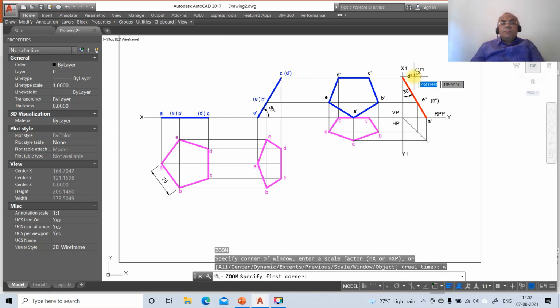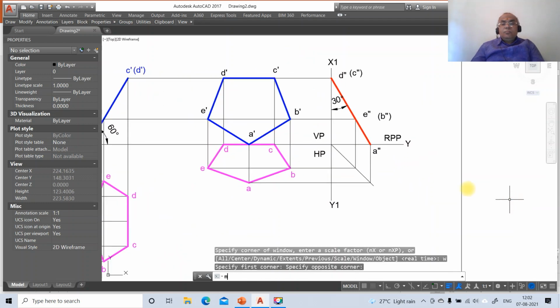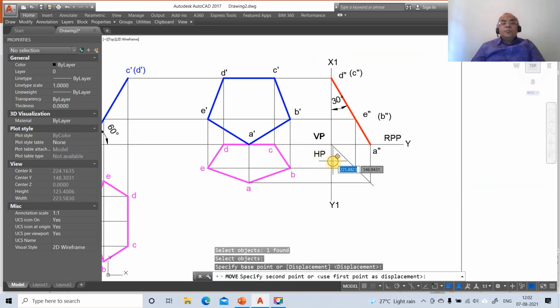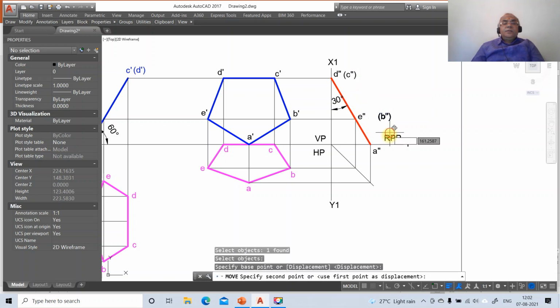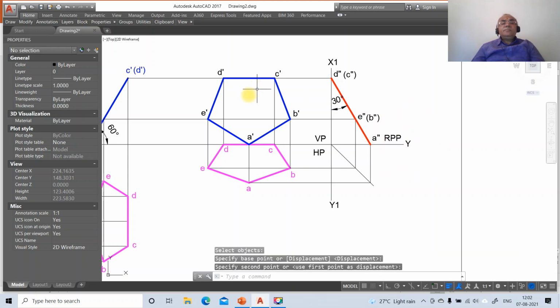Then zoom window, then go to move, so you move VP, you move HP, and you take A dash, E dash, then D dash, C dash, B dash, then D double dash, C double dash, E double dash, B double dash, then you will get A double dash.